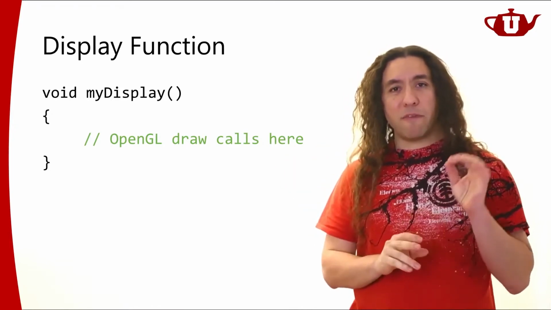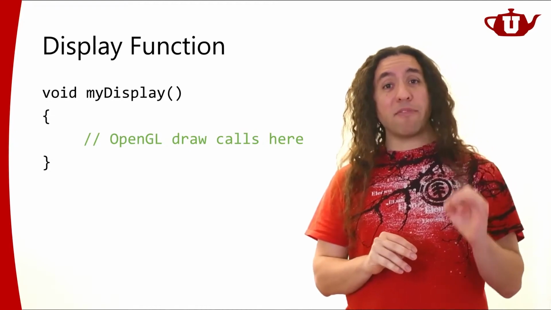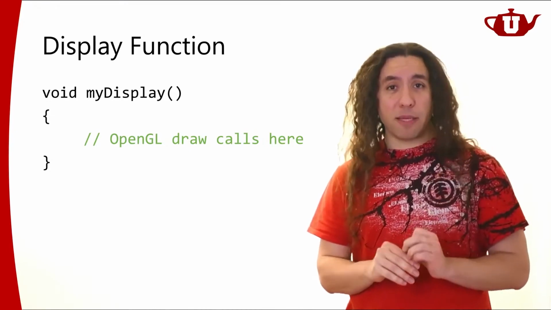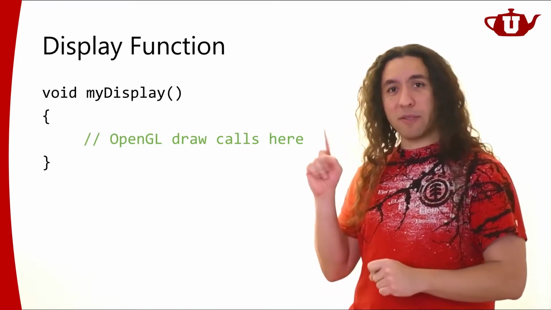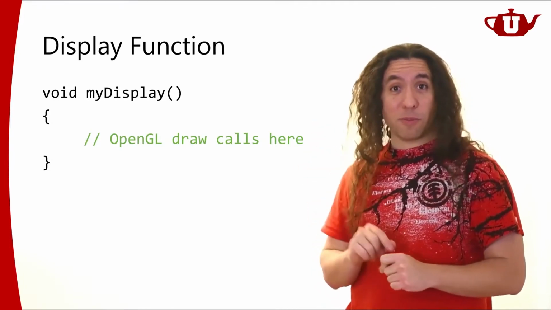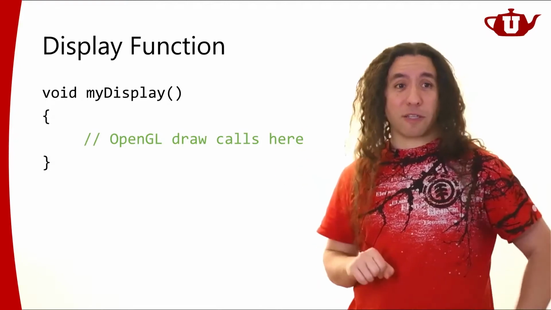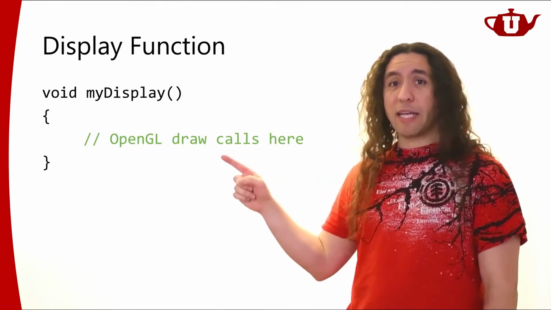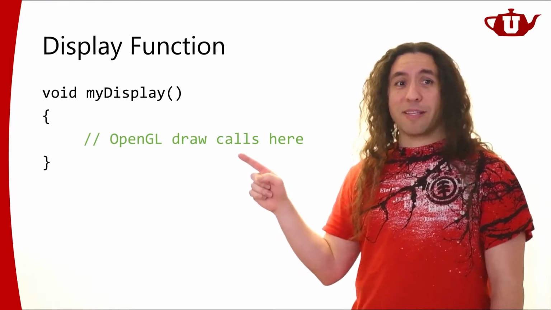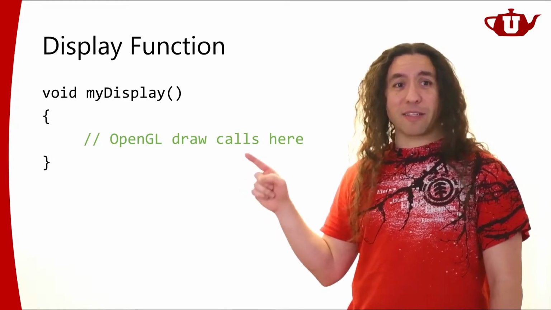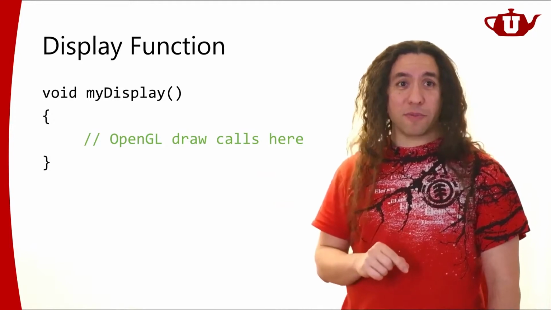Now I'm being specific here, and I'm saying whenever it needs to display something. I'm not saying whenever you want to display something. I'm saying whenever GLUT wants to display something, it's going to call this function. So this is not a function that you should be calling yourself. This is a function that you should let GLUT call whenever it needs to, because this is going to be